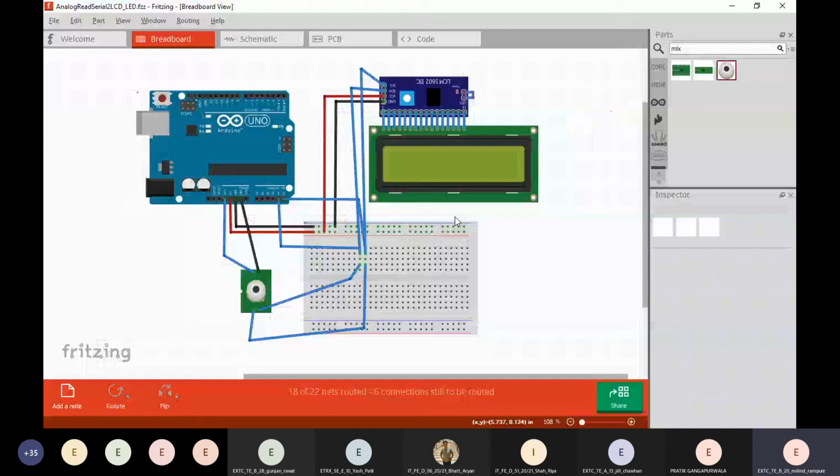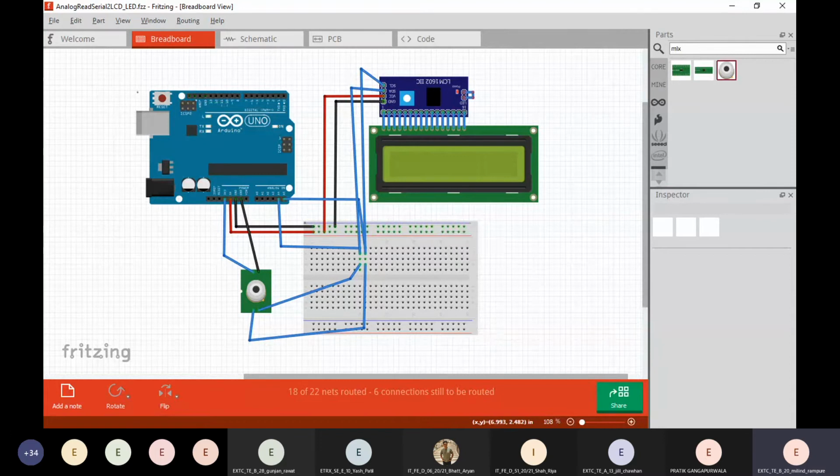There is no doubt, I guess. And so I'm interfacing this LCD with the sensor. What we did before is that we were printing the sensor output to the serial monitor. So what if we want to print it on the LCD? That's how we will do that right now.